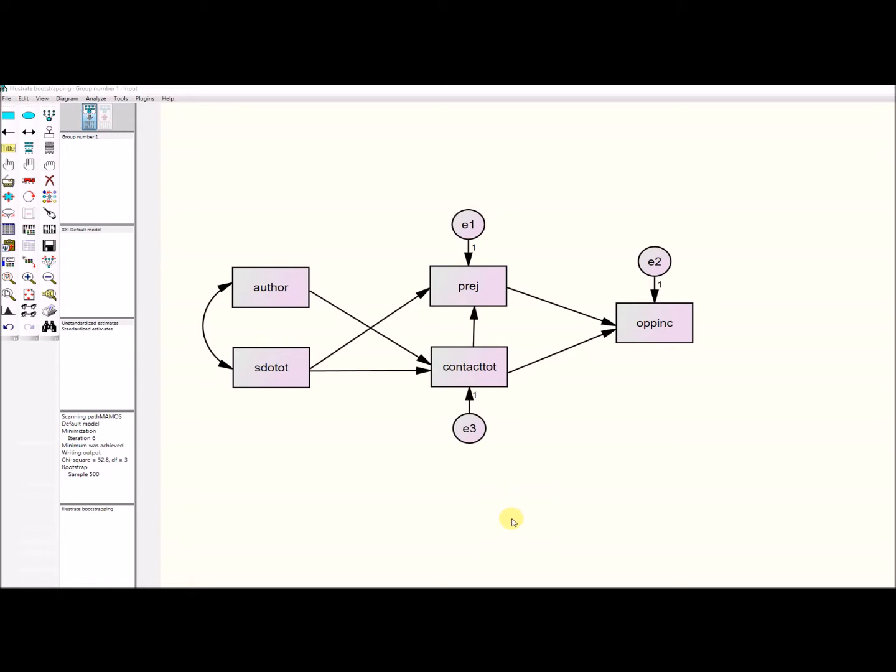So bootstrapping can be useful in those cases where your data fail to exhibit multivariate normality, which is an assumption associated with maximum likelihood estimation. That estimation approach is the default in many SEM programs. So when your data do not meet the assumption of multivariate normality, then